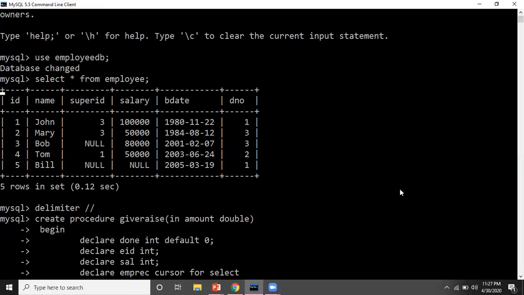I want to select ID, comma, salary from the employee table. That means we have declared the cursor: a cursor is initialized, a temporary workstation is created, and memory is given to that workstation. So we have initialized a cursor with the name EMPREC.